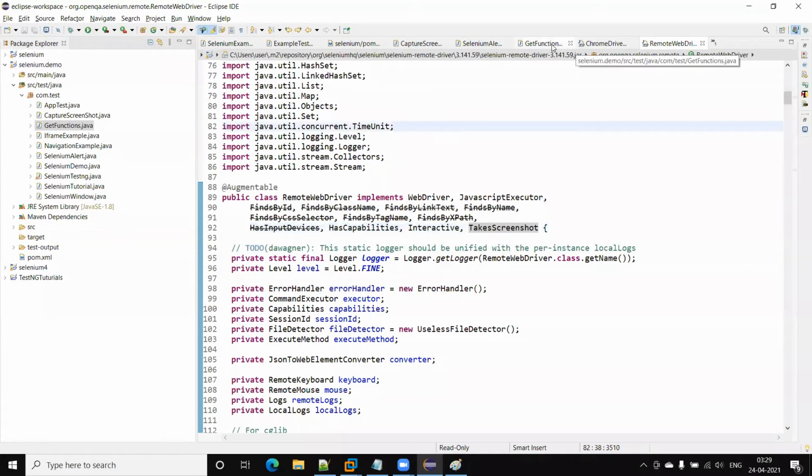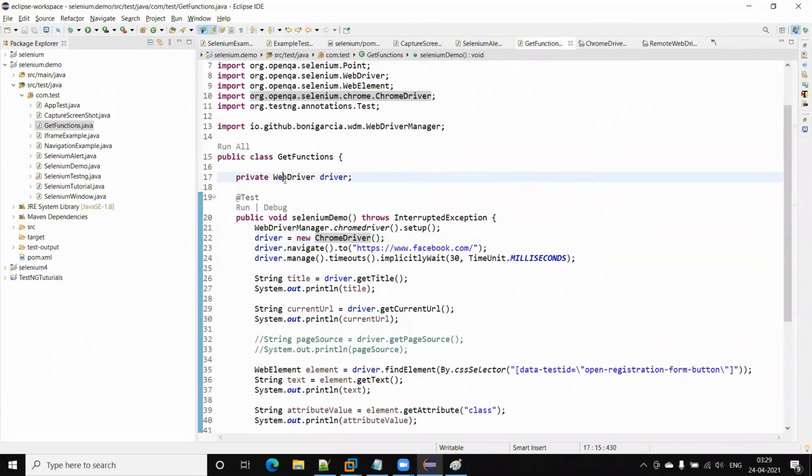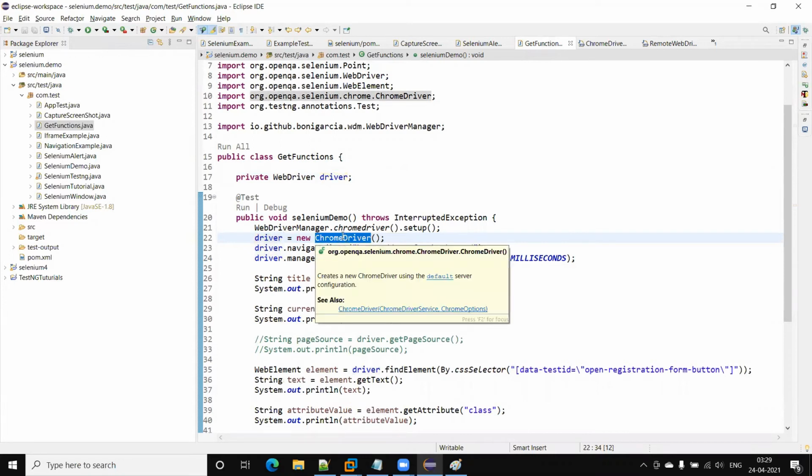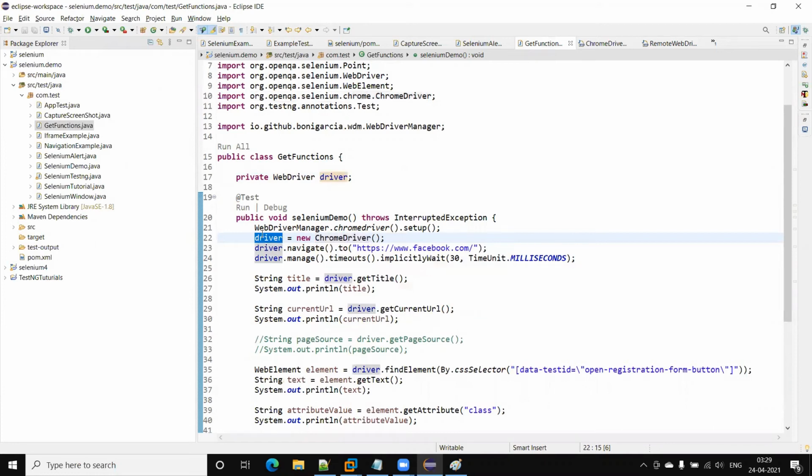So here in the test, we can create a WebDriver reference variable, and then create the corresponding class object and store it in that variable. Suppose we want to run this on Chrome browser, we will call the Chrome driver object, and this will run on Chrome.